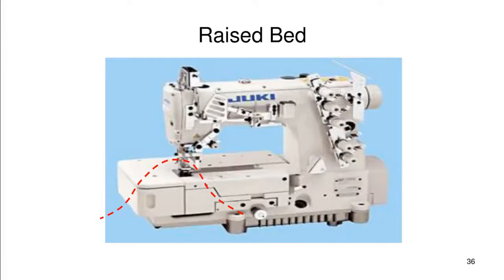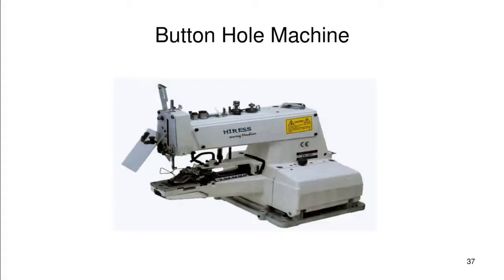garments. So we move on to slide number 37. Now in slide number 37, it is again an example of a raised bed, and one arm is jutting out, and this is a buttonhole machine. The video is shared with you. It's a beautiful video, and you can see how the buttonholes are made. And these are the most expensive pieces of machinery, much more expensive than stitching machines. A buttonhole machine is 10 times more expensive than a normal stitching machine. Same for the button attaching machine.